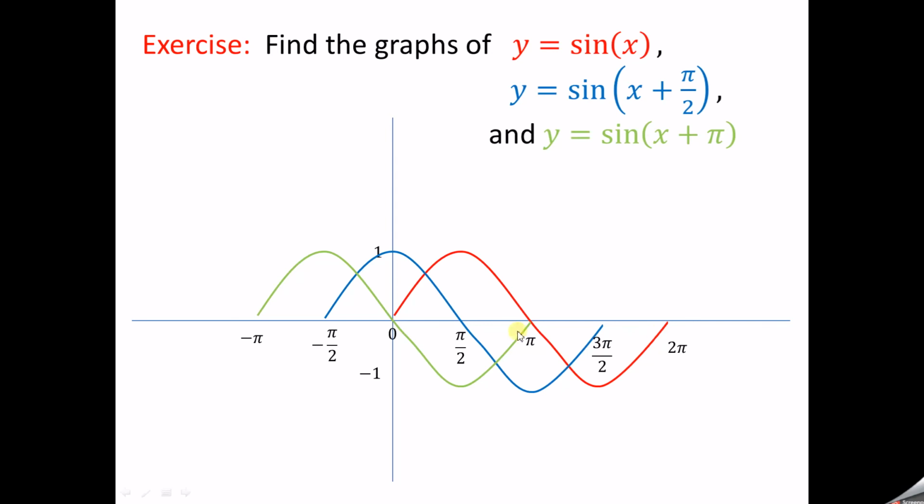So between 0 and 2 pi we write. After that, the values of the sine will be repeated. Only difference is here, the phase shift, c. Here c is 0, no phase shift. So we write the sin x function, the red color graph. For the second function, y equal to sin of x plus pi by 2, there is c, c is pi by 2.